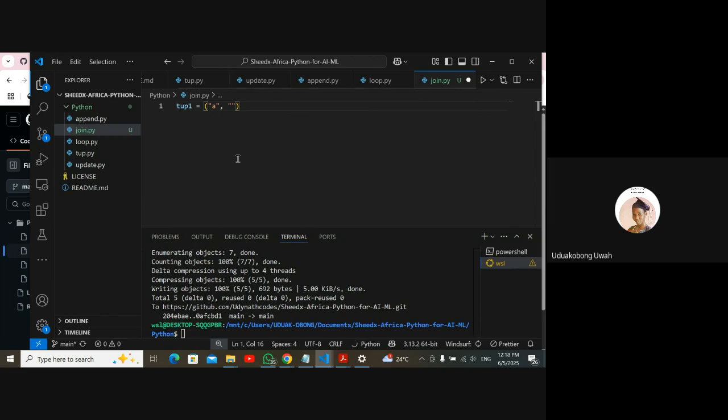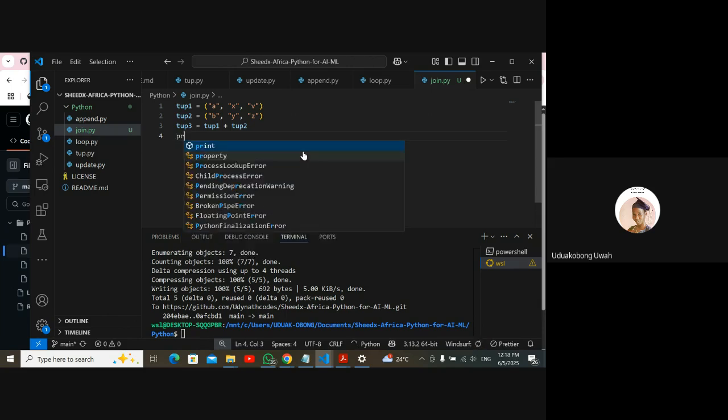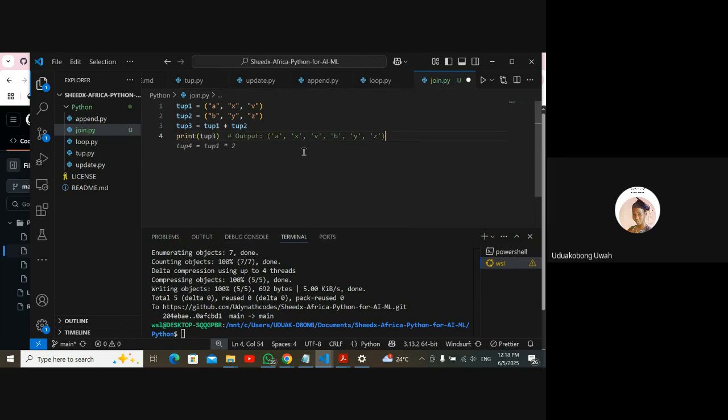It has to be in quotes. And top 2. So if we add, this is where the word join comes in. We want to join top 1 and top 2. So if we print out top 3 now,